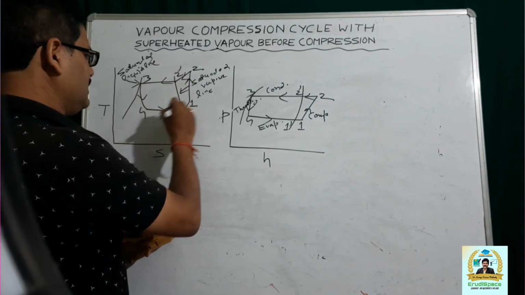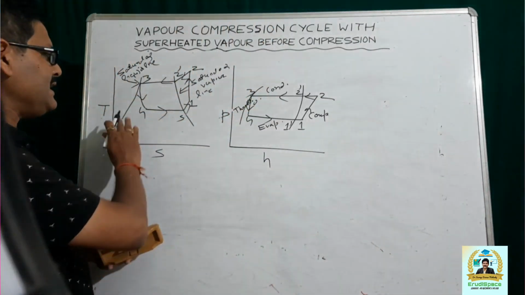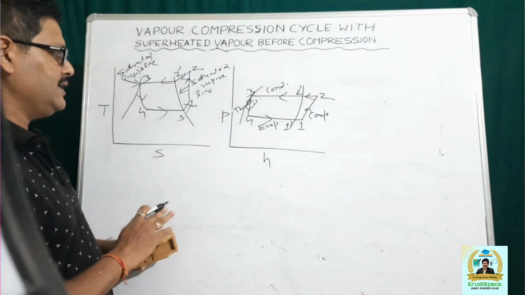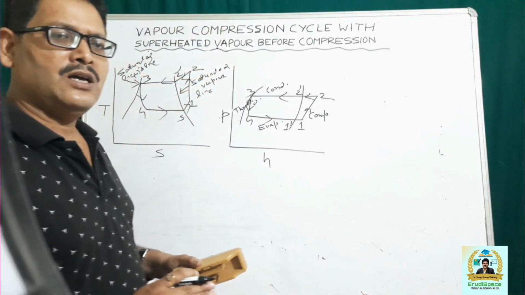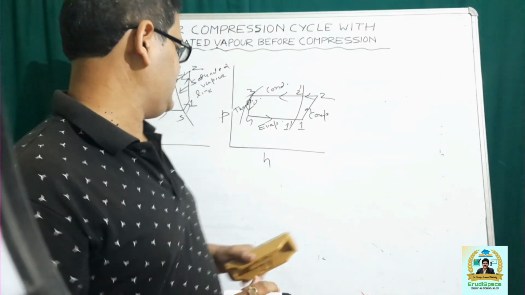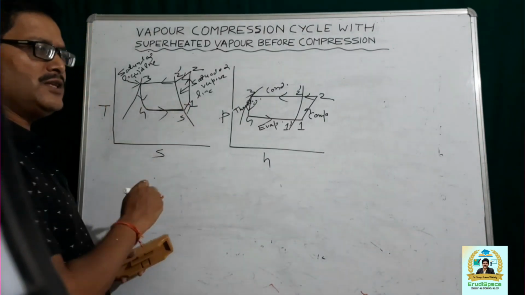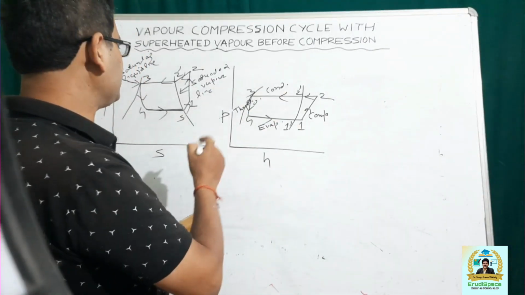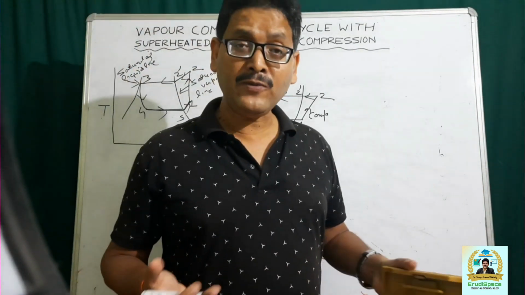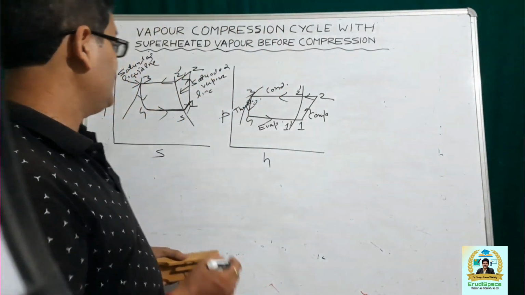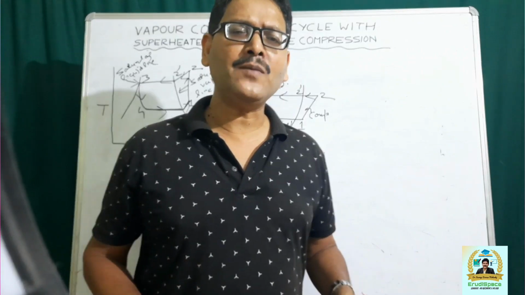Now, it is taken to the evaporator or refrigerator, and in the evaporator or refrigerator, the heat that is absorbed by the refrigerant takes place in two stages. First, there will be latent heat transfer from the space to be cooled to the refrigerant, and after that there is sensible heat transfer. So unlike the previous three cycles where the refrigeration or evaporation process is an isothermal as well as an isobaric process,